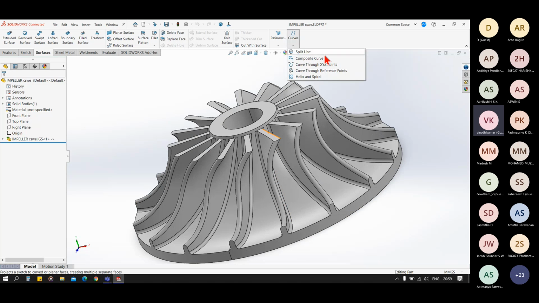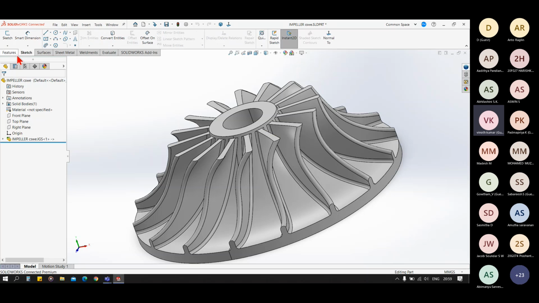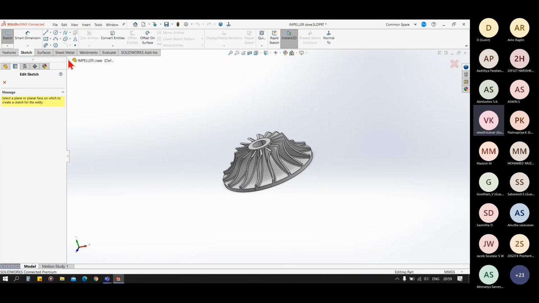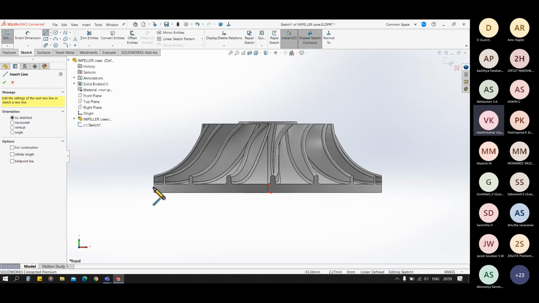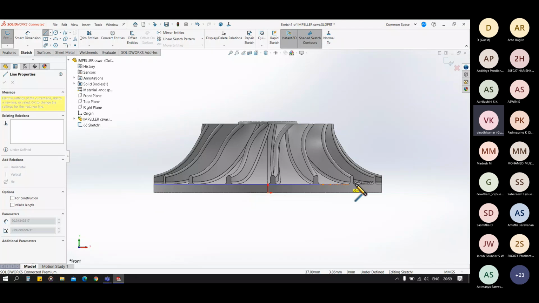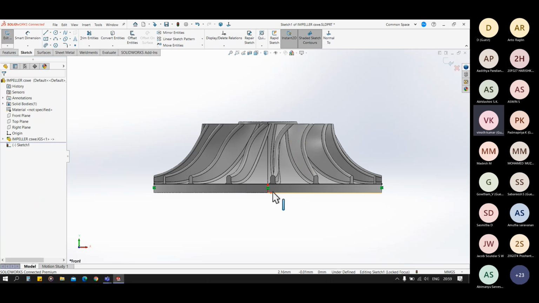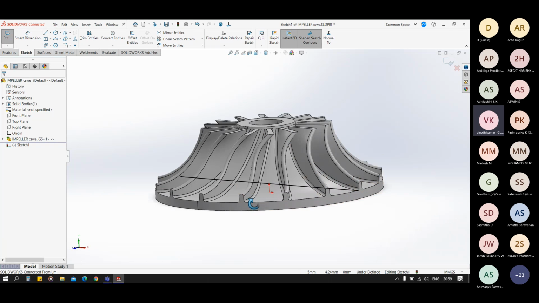So you will also learn about the split line in the curve section. So let's make a sketch first on the front plane. So I made a horizontal line here.